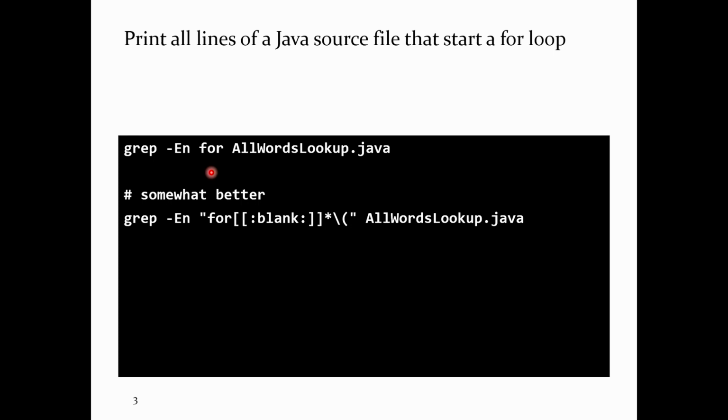So not necessarily a for loop, but if you have a comment or a variable that happens to have the word FOR in it, it will find those lines too. So you can be more precise in your regular expression matching. I can look for the word for, followed by, now this is using a POSIX character class, the character class of blanks, which are basically spaces and tabs, I think. So that'll match a space or a tab. And then I have star,